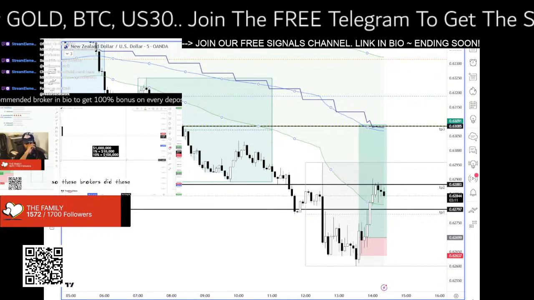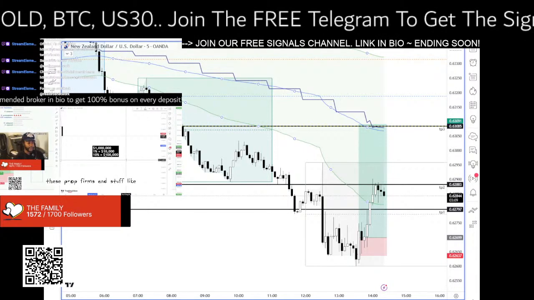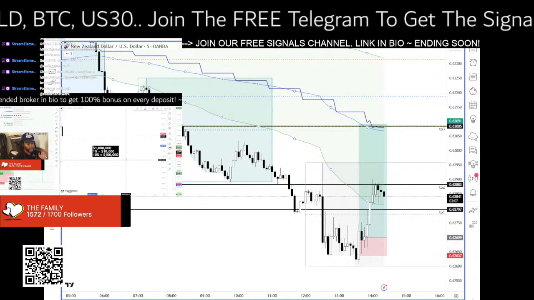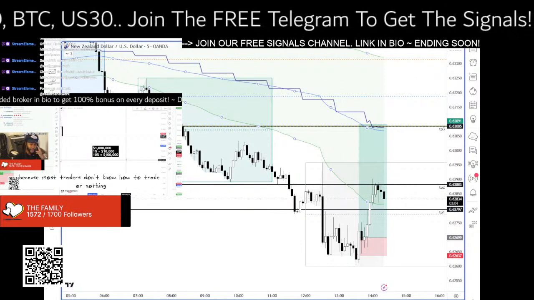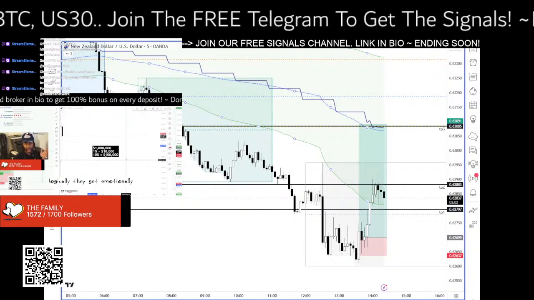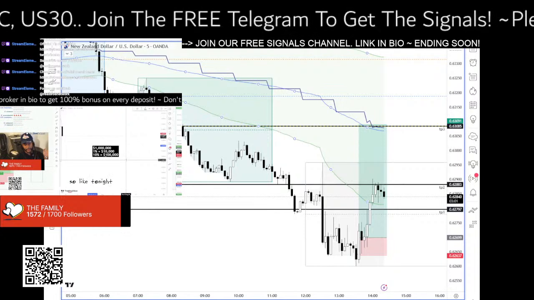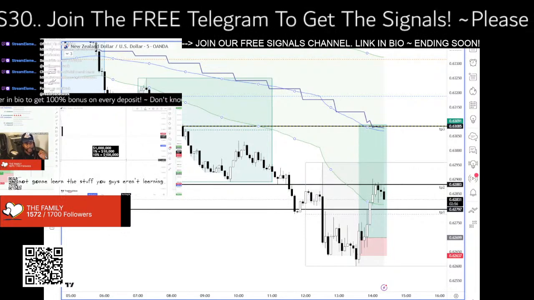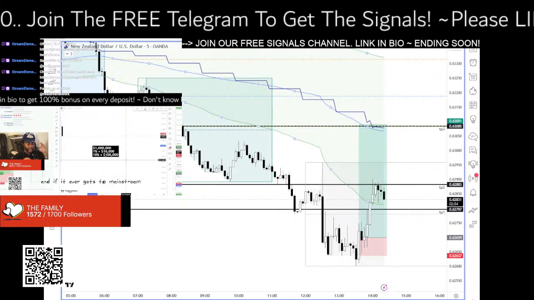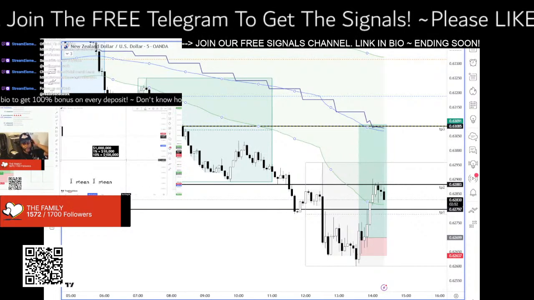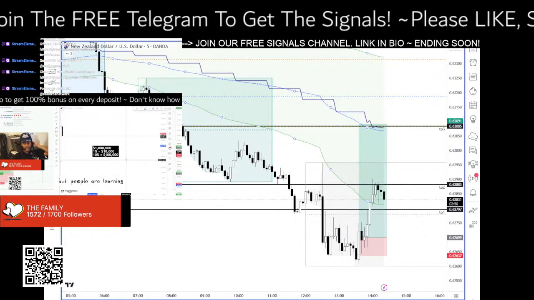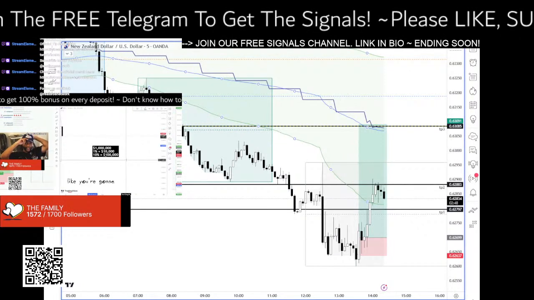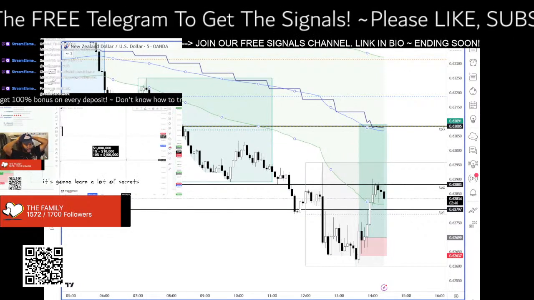So these brokers, these prop firms and stuff, they'll give you a mil because most traders don't know how to trade. They're not thinking logically, they're thinking emotionally. So the house always wins. There's not gonna be a lot of viewers here. A lot of people are not gonna learn the stuff you guys are learning. And if it ever gets too mainstream, I may even take it down. I don't know, but the people who are learning it, it's gonna be great for you guys. You're just gonna learn a lot of secrets. But